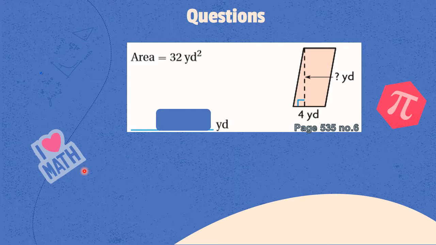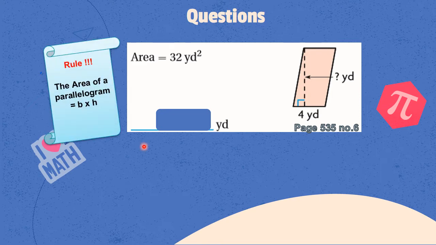Okay, so how do I know the missing height? We all know that the area of a parallelogram equals base times height. He gave me the base, which is 4, and he wants me to find the height. So we know that 32 equals 4 times h, and I want to know the h, so 32 divided by 4